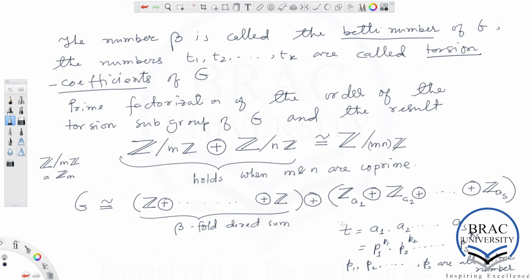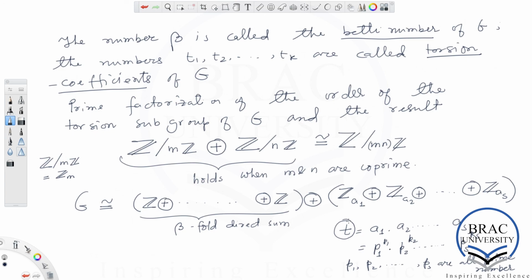So this is the prime factorization of this number t. This is a refinement of the fundamental theorem of finitely generated abelian groups that we discussed earlier.